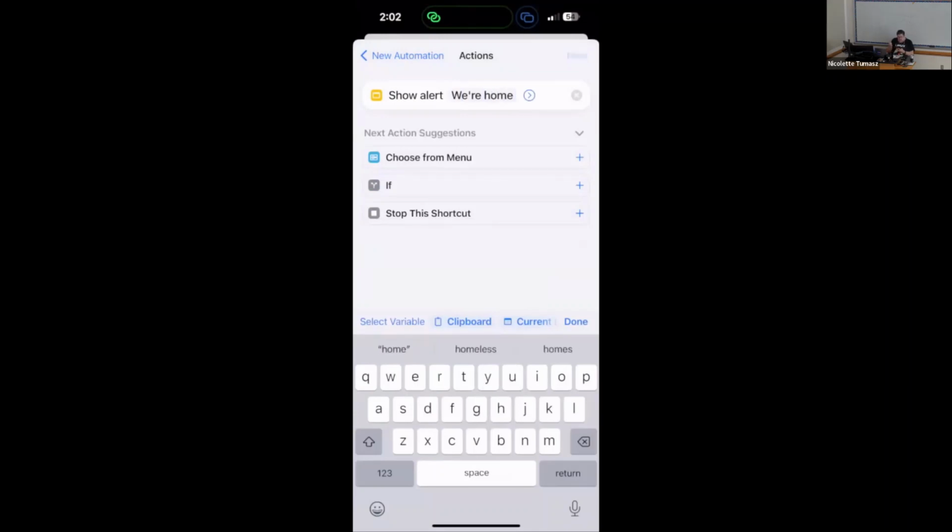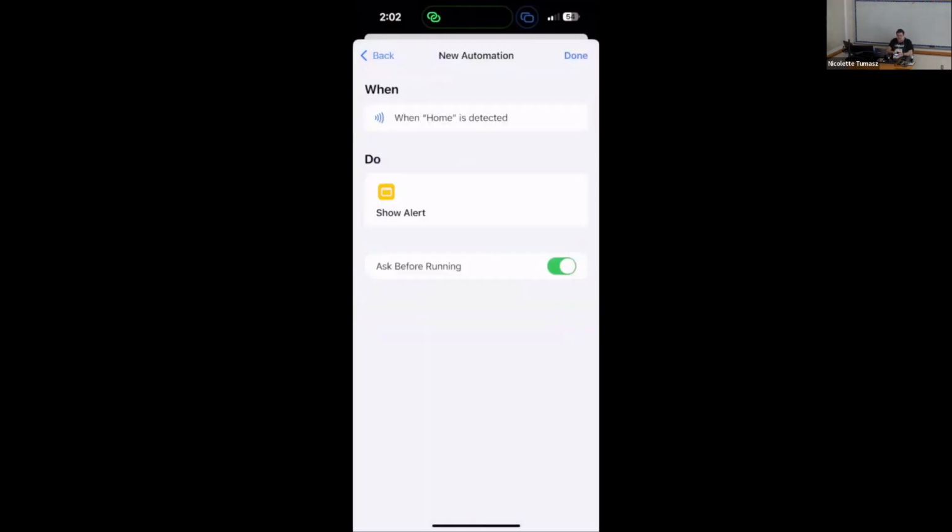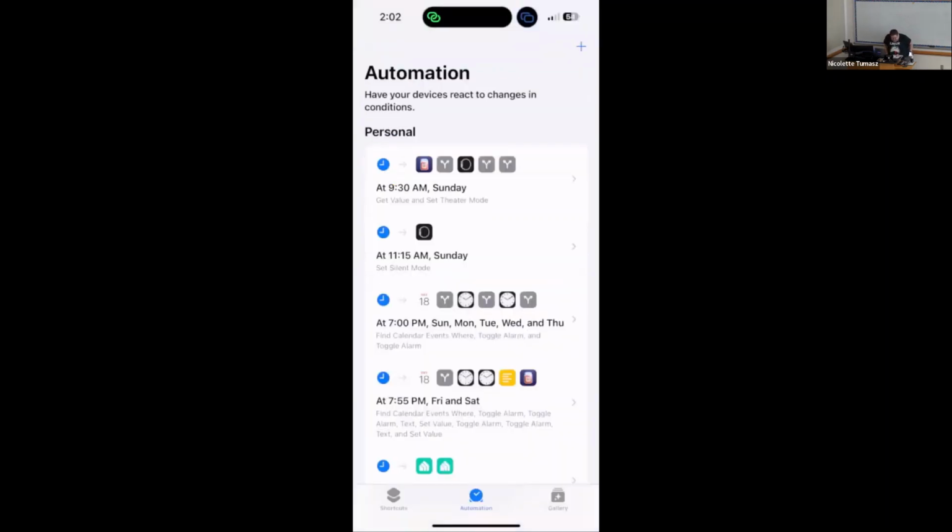Now you could have it do all sorts of things. You could have it turn on lights or whatever. So now that that's saved, whenever I scan this tag,